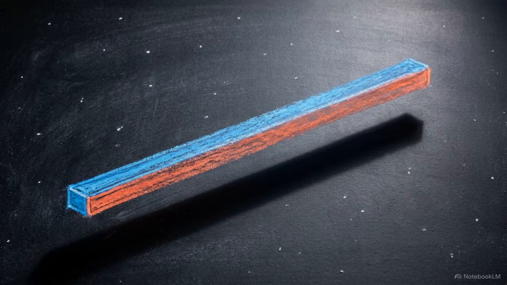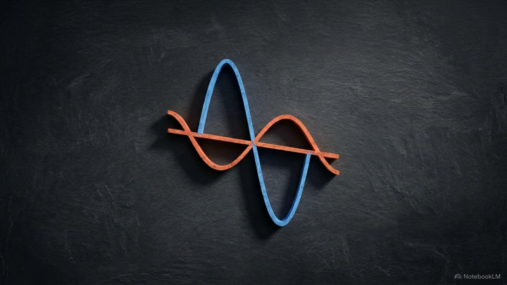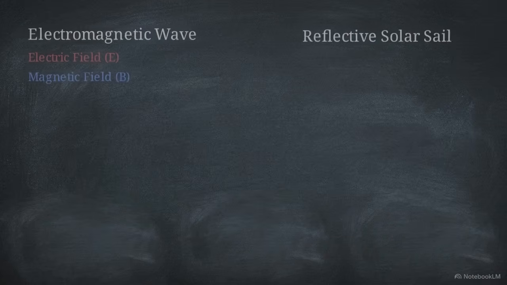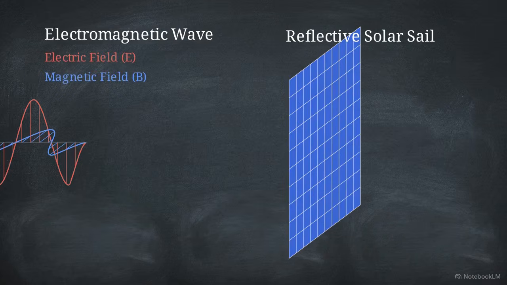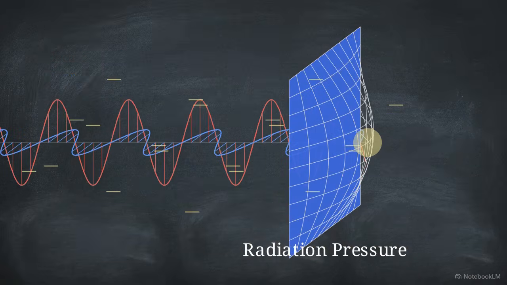Electromagnetic radiation is the direct mathematical consequence of a changing electric field taking over the job of a physical current, allowing energy to sever its connection to matter. By transporting energy at a finite relativistic speed, these detached waves carry momentum despite having zero mass. When an electromagnetic wave strikes a physical surface, it transfers this momentum to the object. On a large scale, this exerts tangible mechanical force known as radiation pressure.